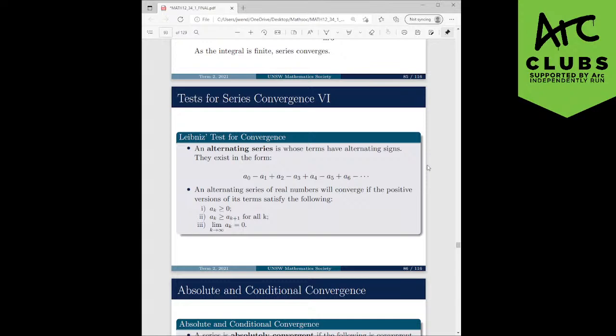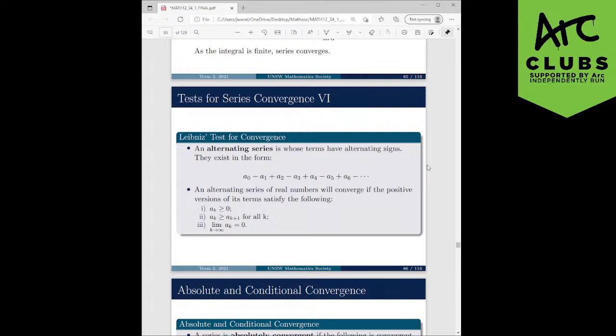Series test for convergence number 6. So far, all the elements of your sequences have been positive, and that's what all the tests have been for. If your series is all negative, you just take the negative out and basically you still have a positive thing left over. But if you have positive and negative terms in your sequence, then you'll have to use the Leibniz test for convergence. The three conditions to satisfy: